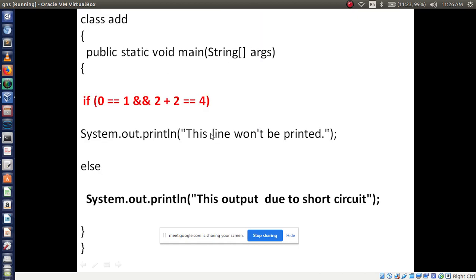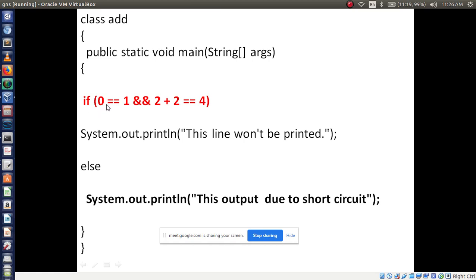Now a small example regarding short circuit AND and short circuit OR. So here I am writing using an if statement. I am still not discussing this if else statement, but in the next class I am going to discuss it; for concept understanding I am writing this program. So in public static void main I am applying one condition. We are applying the condition with the help of an if statement, right?